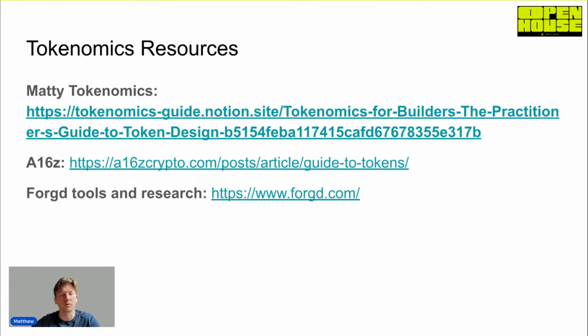I'd encourage you to look at that as well. But if you type into Google, since these links won't be usable, Tokenomics for Builders, the Practitioner's Guide to Token Design by Matty Tokenomics. This, I'd say, is from a few years ago the Bible on tokenomics, which is a really great reference to lots of external resources and depth